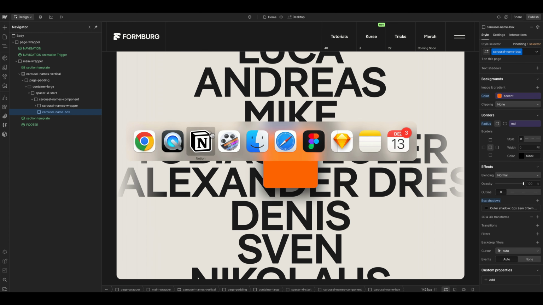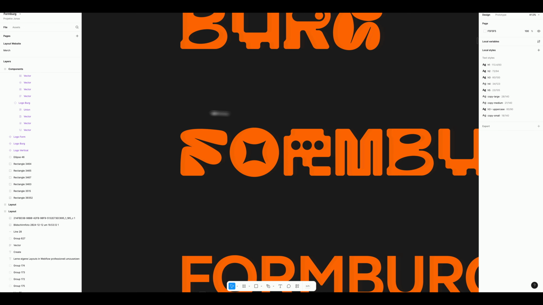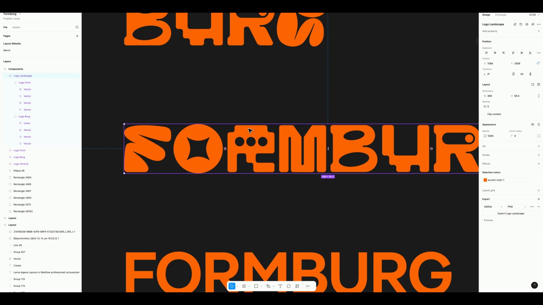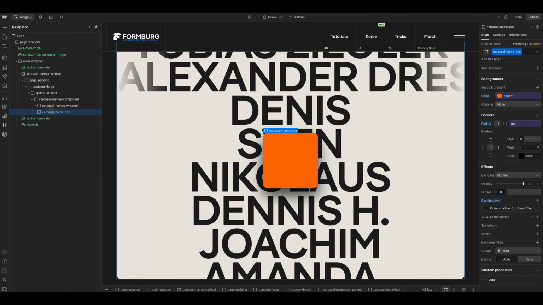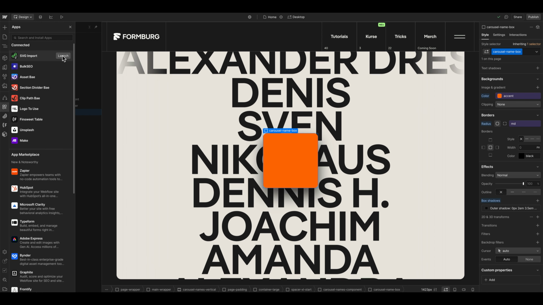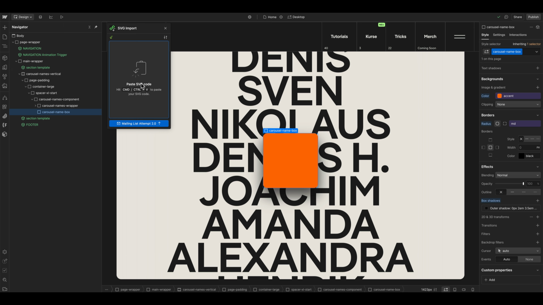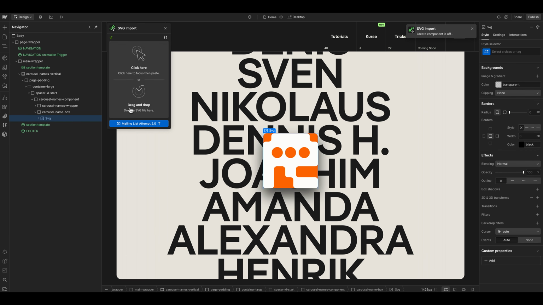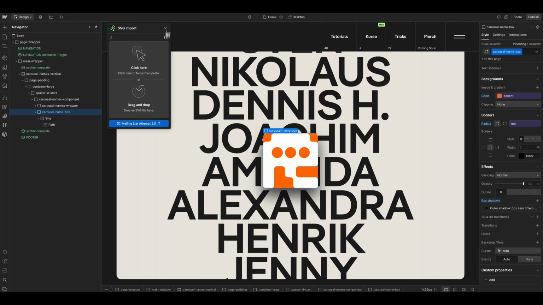Inside of the box, I go to my Figma file, because here I have all the forms from my logo, and we can use, just as an example, random letters here, and I copy as SVG, and then I open the SVG importer, place it here, click inside, and just Command V and paste the icon inside of the box.